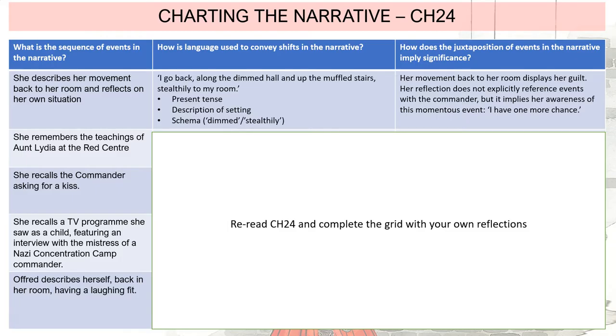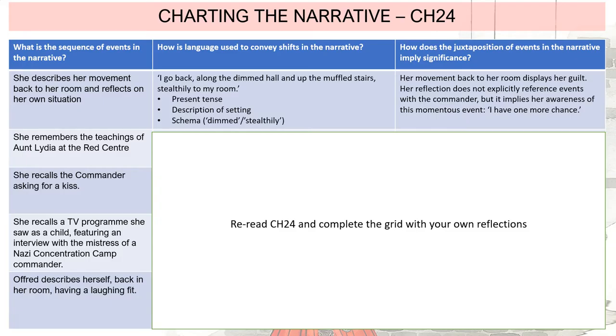It also gives us a picture of setting, that we can recognise as Offred going back to her room within the commander's household. Well, how do we recognise that it's the commander's household and not perhaps another event within Offred's life? Well, we are using our schema. We're using our schema because we're bringing into play our pre-existing knowledge of what Offred's behaviour is like within this